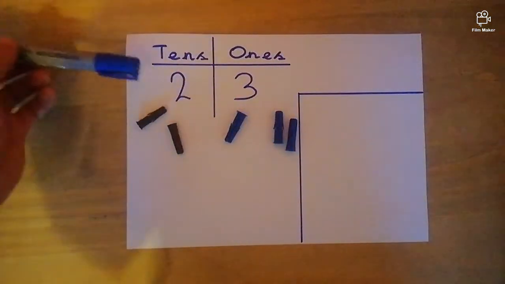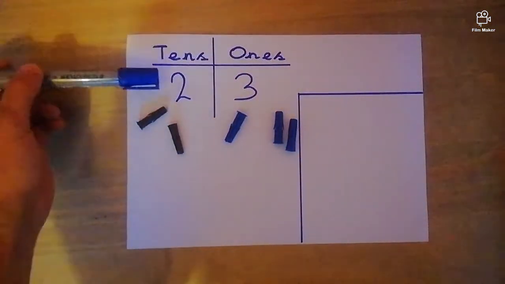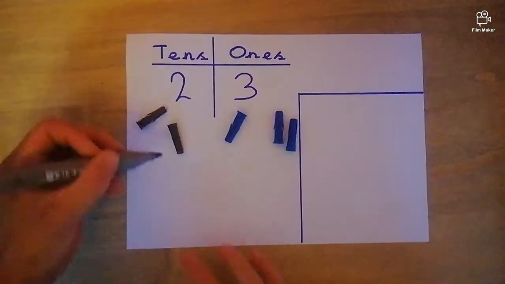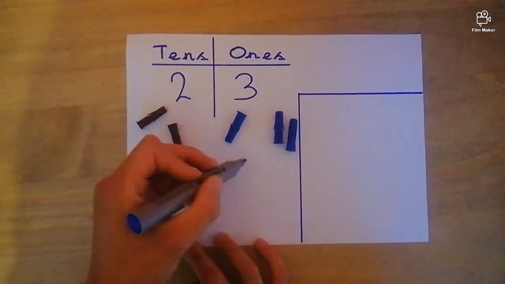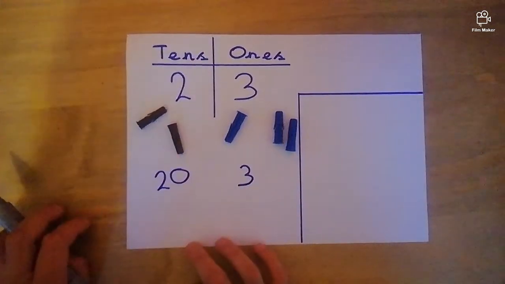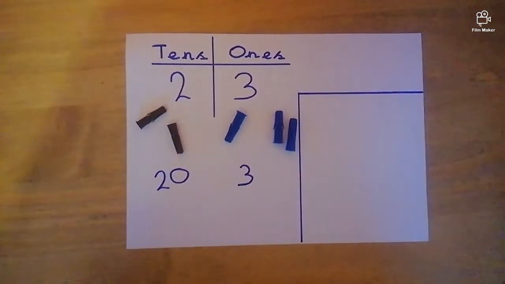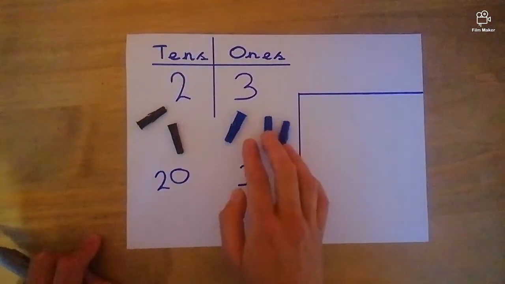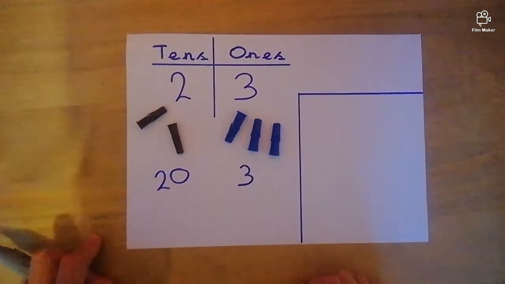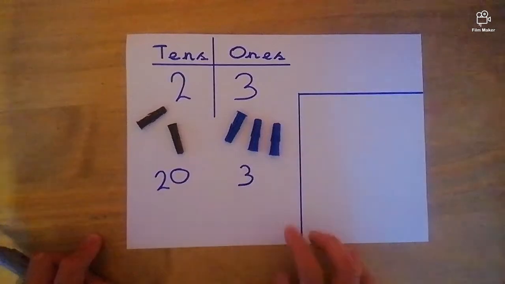Now, the number 2 in 23 doesn't mean 2, does it? Of course it means 20. And the number 3 does mean number 3, just here. Now, with every 2-digit number, you get 4 free addition number facts. We'll talk about subtraction later, but for now we're going to talk about the 4 free